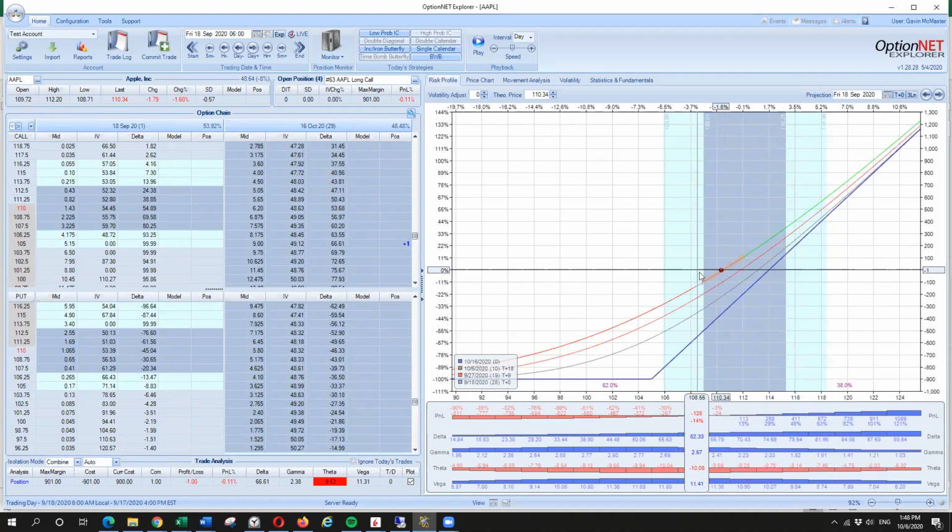The other couple of lines here you can see are T plus 0, it's the first one there, T plus 9 and a T plus 18. So you can kind of see how the trade progresses over time. If the stock stays still, we're going to slowly just lose money over time, and it's just going to decay away due to time decay. And if the stock drops, we're going to lose. If the stock rallies, we're going to win. And as we get closer to expiration, those interim lines are going to get closer and closer to that expiration,